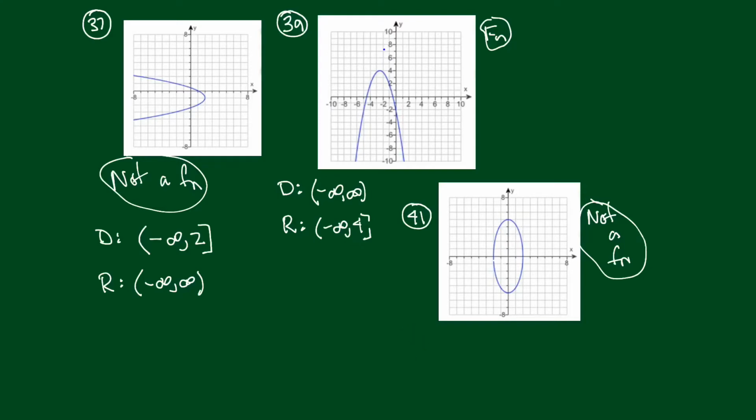Now, what's the domain here? Now the domain, this is left to right, all right? So left to right. What's the leftmost value? What's the rightmost value? Well, it looks like the leftmost value is right there at negative 2, and the rightmost value is positive 2, and it looks like it actually takes those values. I mean, we don't get something like this, right? It doesn't come down and you get an open circle and go like that. It looks like it's all just one curve. So I'm going to say that the domain is square bracket because it's included,